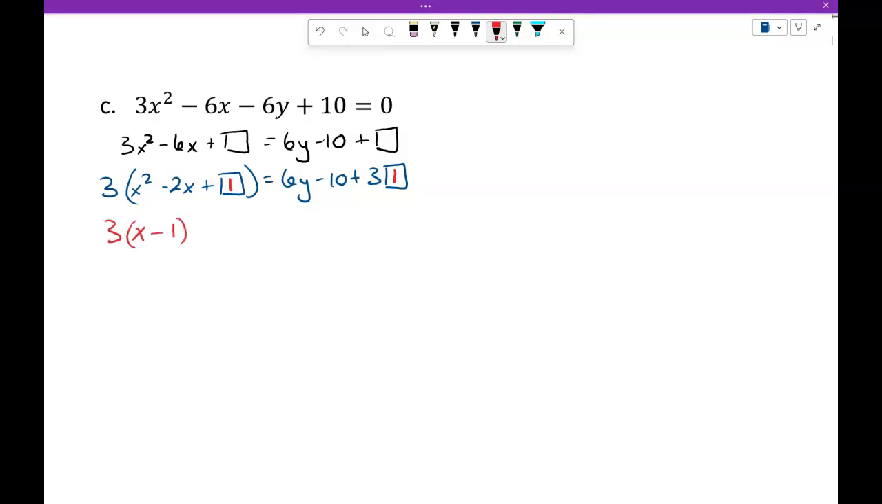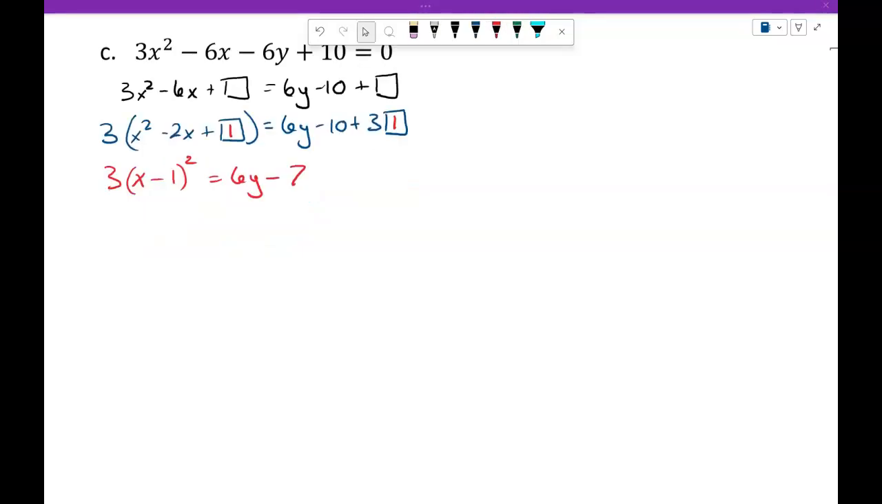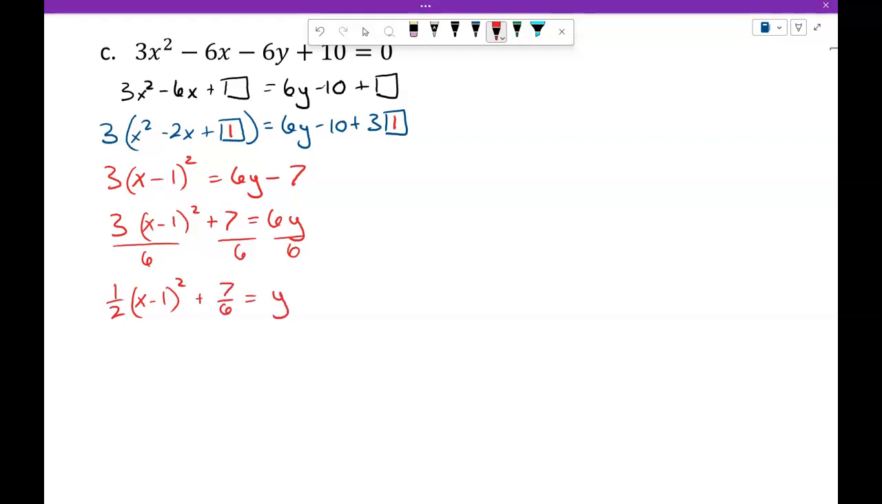3x minus 1 squared equals 6x minus 7. To get it into vertex form, we'll add 7 to the left side and divide everything by 6. So we'll get 1/2 x minus 1 squared plus 7/6 equals y. So our vertex is going to be located at 1,